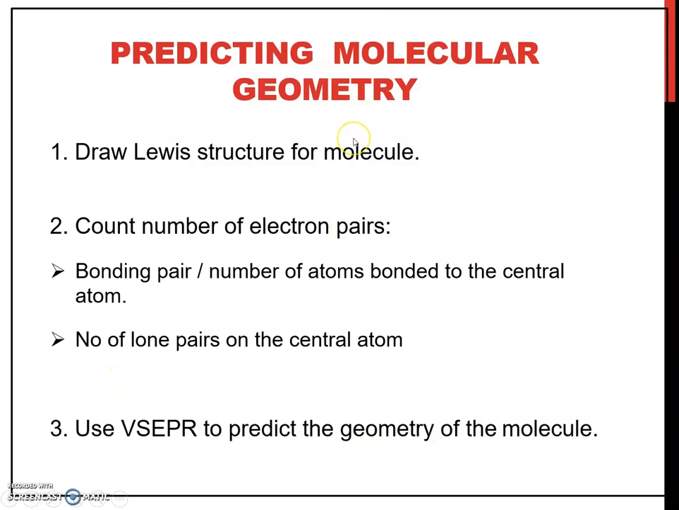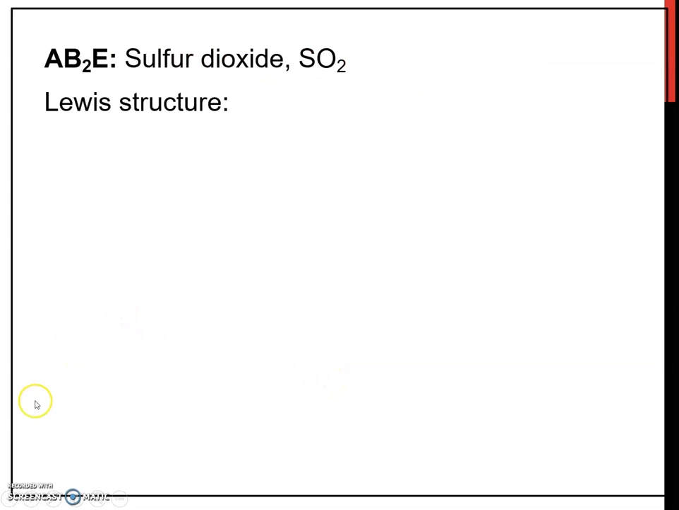So to predict molecular geometry, the steps are the same: draw the Lewis structure, count the number of electron pairs, bonding pairs and lone pairs on the central atom, focus on the central atom only, and then use VSEPR theory to predict the geometry. So the first example is sulfur dioxide. For sulfur dioxide, for the Lewis structure,